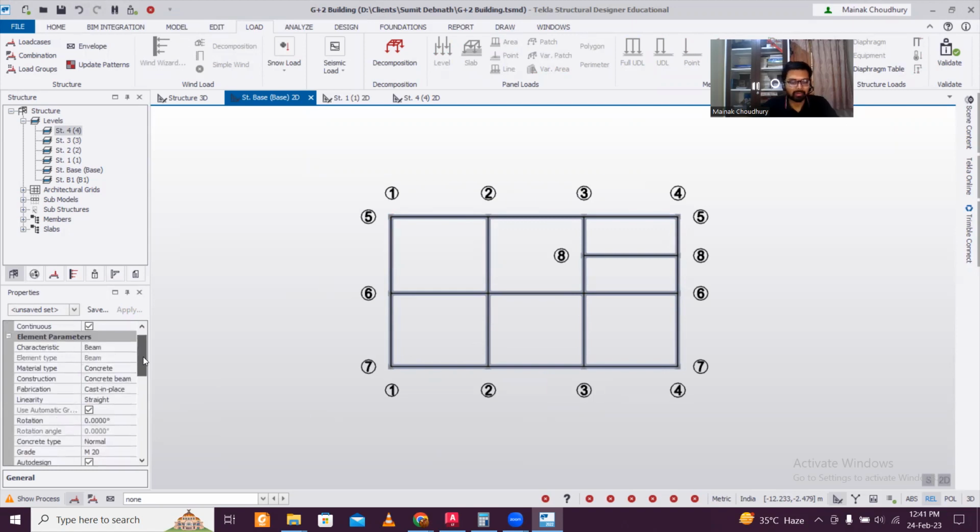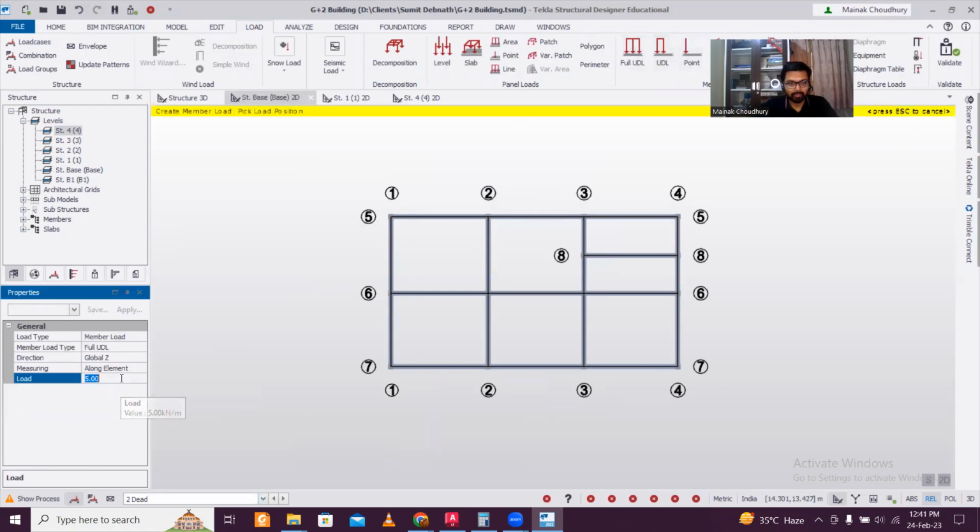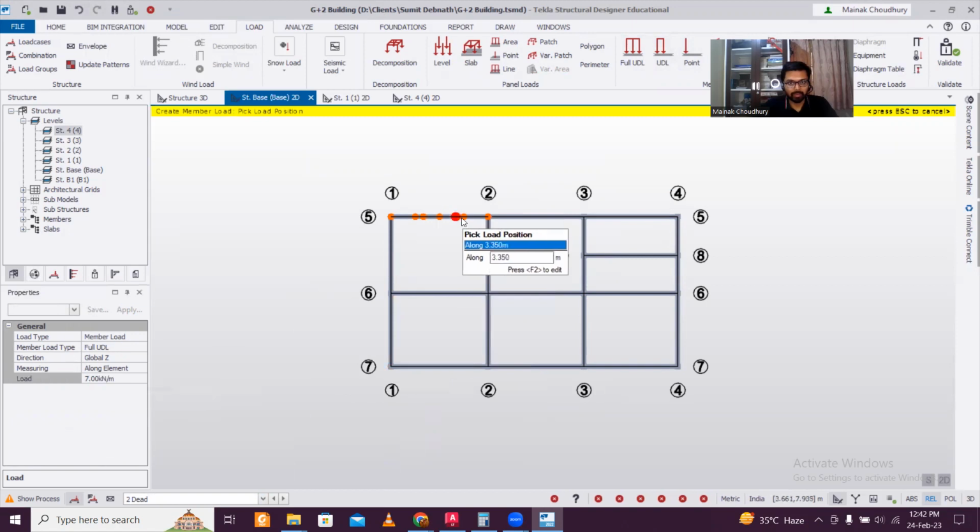I've already told in many videos how to calculate the dead load for the walls. So loading is coming as 7 kilonewton per meter. So what you'll do, dead load already selected here, and then go to full UDL and then go to 7. No need to apply directions or negatives here as you do in StatFlow. Okay,